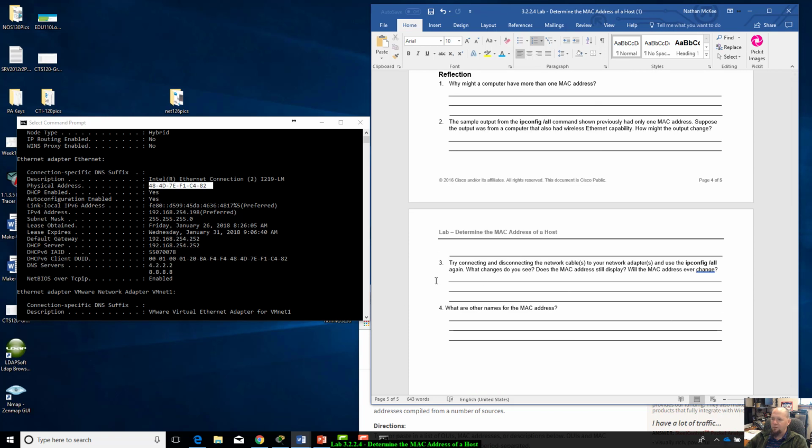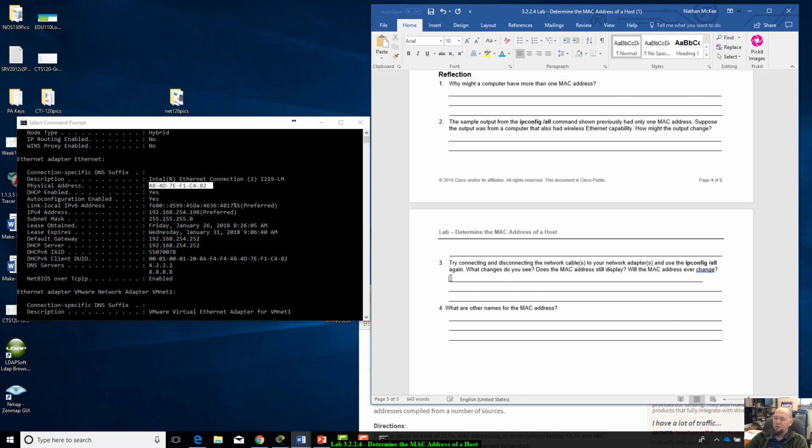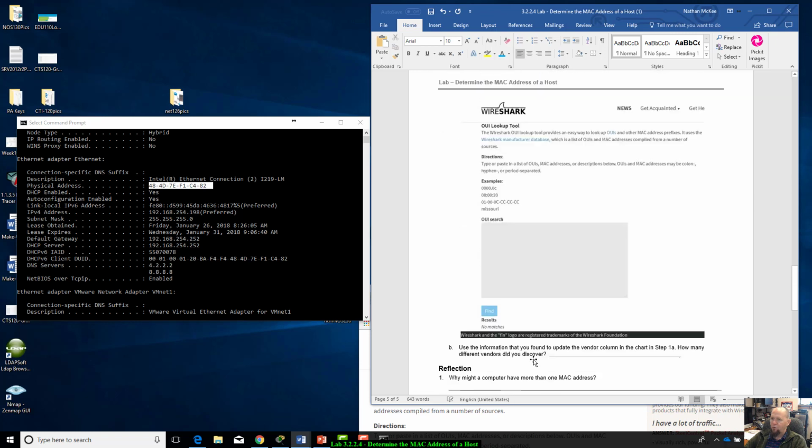Since it's in a Word document, you can fill it out and save it. And if you would, do your answers in blue text, kind of like that, just so it's easier for me to look at. And that's it. Pretty quick lab,